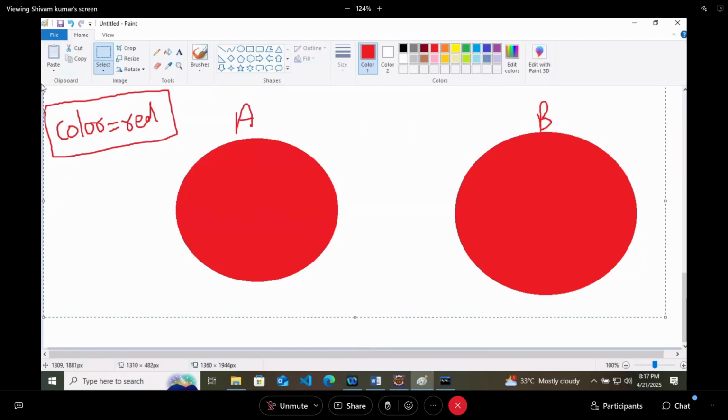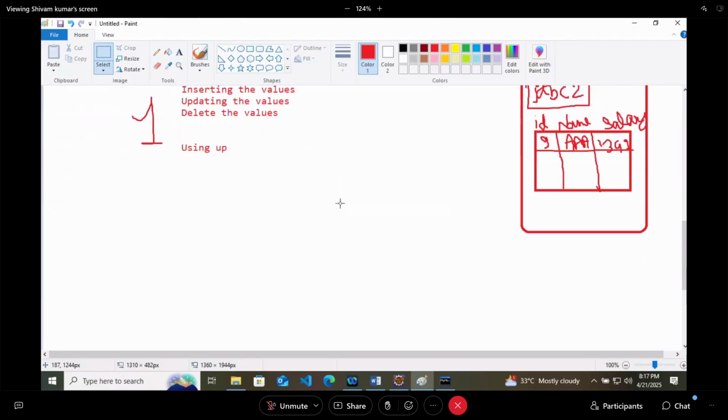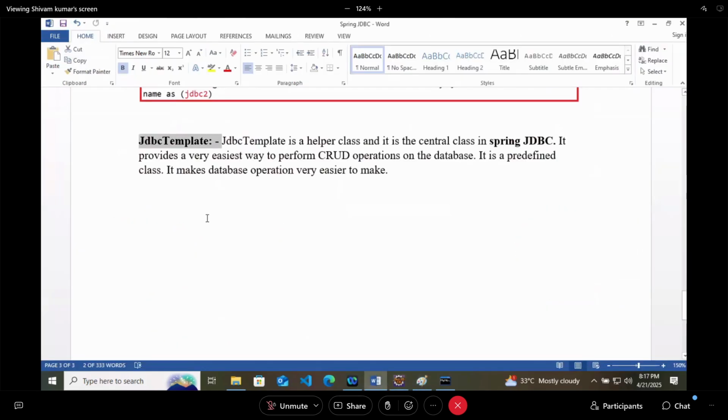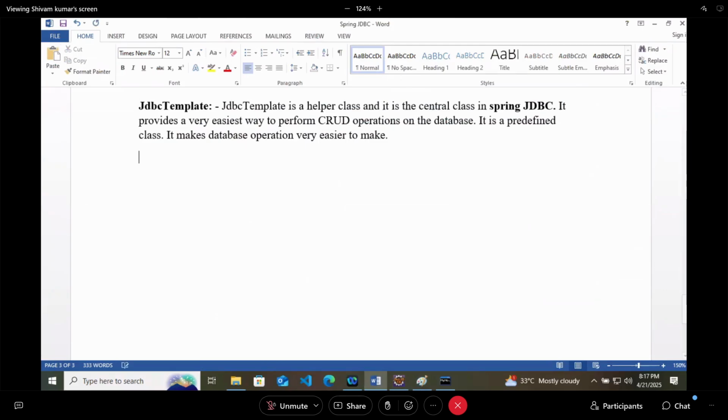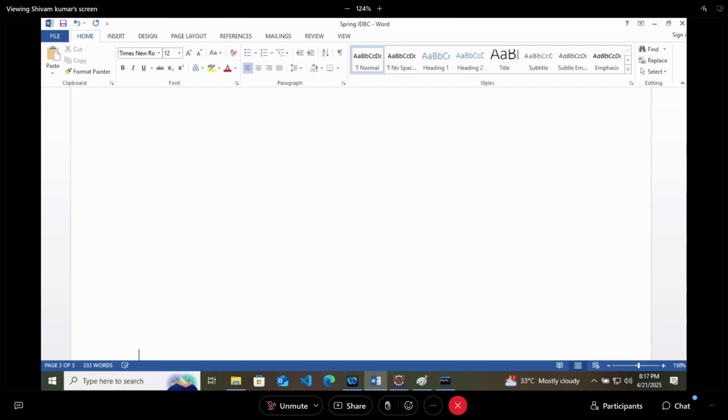Now, using this knowledge of JDBC template, we are going to create an employee management system. Again, I am saying, the reading operation we haven't discussed till now. That will be with row mapper. We are going to create one employee management system, and it is a mini project.